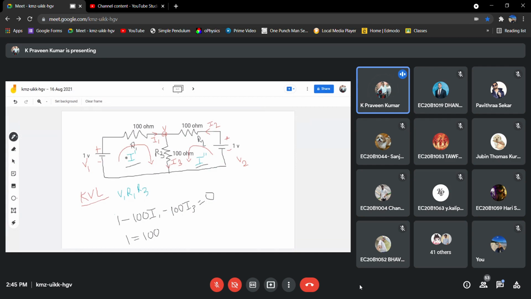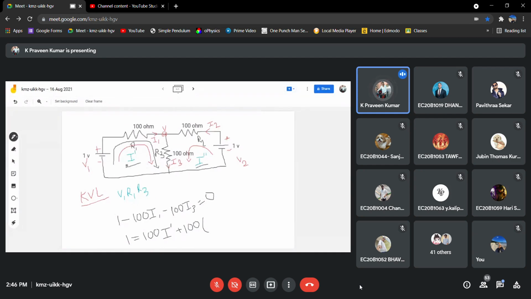If you see here, what I'm assuming is this loop current. This loop current, the entire current, is something like I dash. This is what I have assumed. Now if you observe the current through I1 and this loop current I dash, obviously these two are the same. So then I1 will be equal to your loop current I dash, equal to, sorry, minus 100, sorry, this will become plus 100 I dash into what is I3 current?